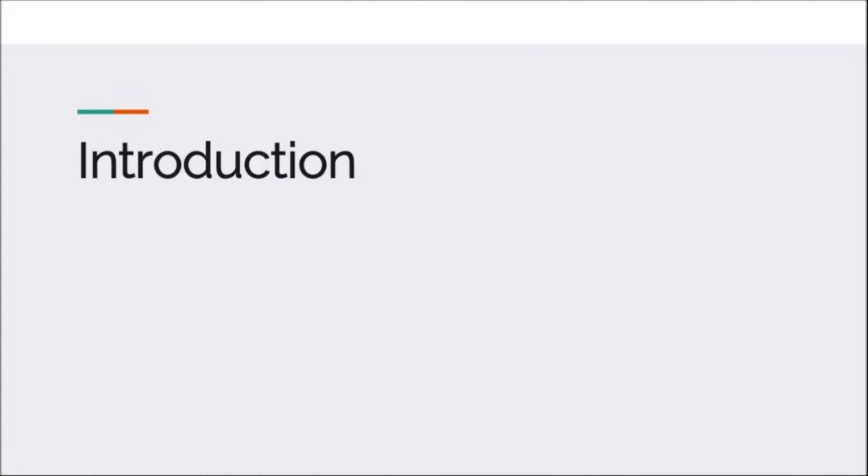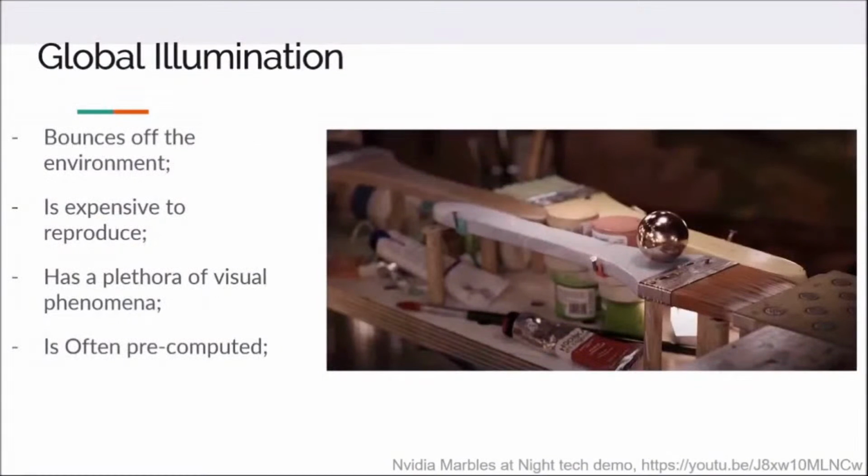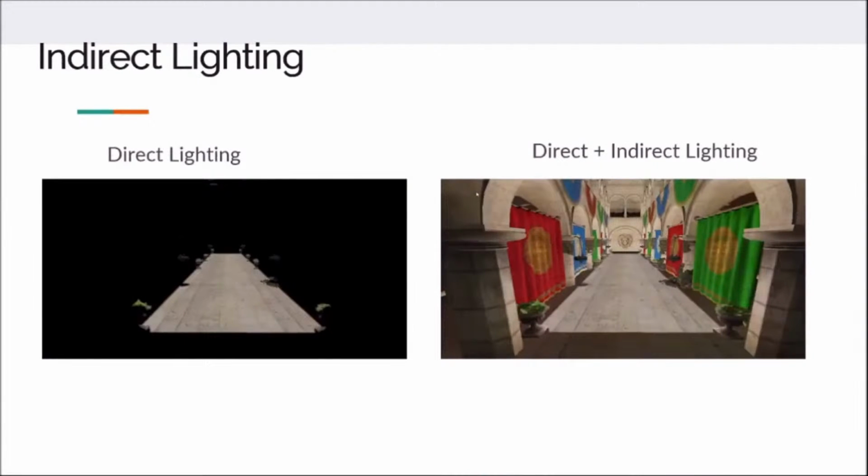First, let's motivate our method. The keyword here is global illumination, the light that bounces off the environment multiple times and creates a set of interesting effects, from color bleeding to mirror-like reflections. Reproducing the whole phenomenon is quite expensive though, and real-time applications often pre-compute it. In this context, our work, SSVP, focuses on adding diffuse indirect lighting to the scene. Notice here its impact on the scene in these pictures.